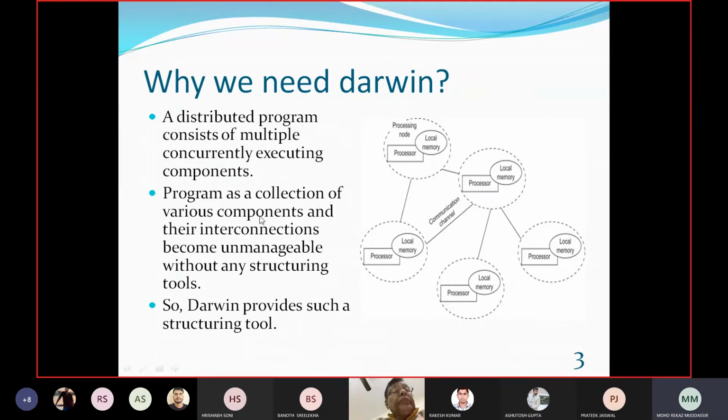Programs as a collection of components and their interconnections become unmanageable without any structuring tool. As you can see in this example, no proper structuring is done. So Darwin provides such a structuring tool.